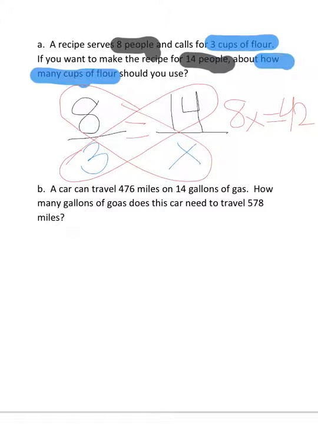So my next step is looking at this equation. I know that 8x equals 8 times x. So to get the x by itself, we need to divide by 8. But if I do it to one side, I have to do it to the other. So I'm going to cross it out and then put in my calculator 42 divided by 8 to get my answer. And the answer is x equals